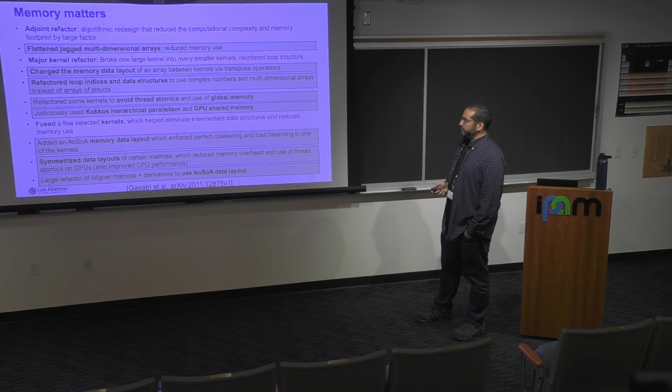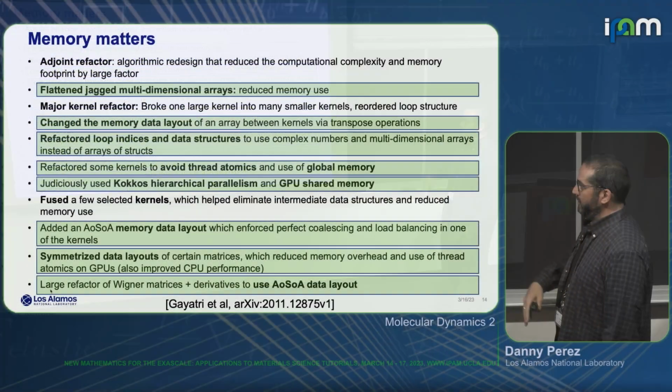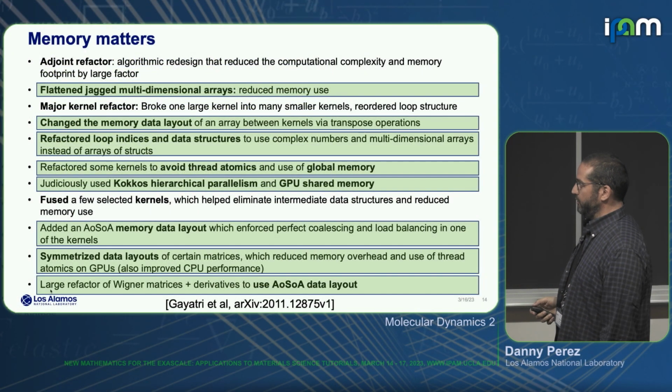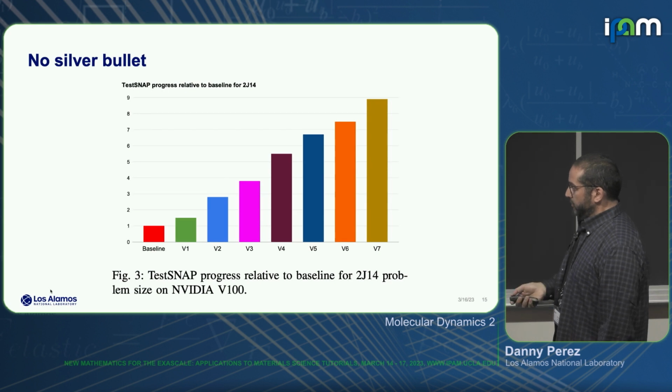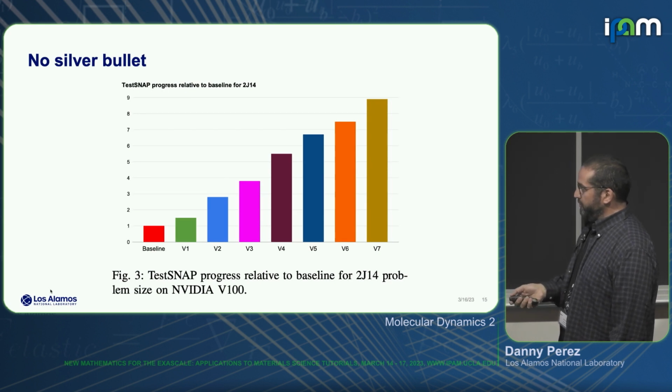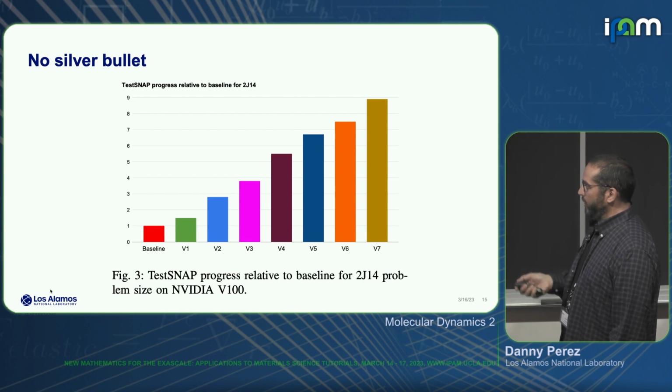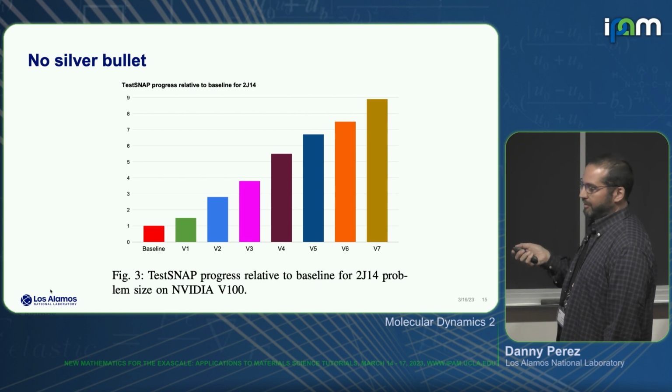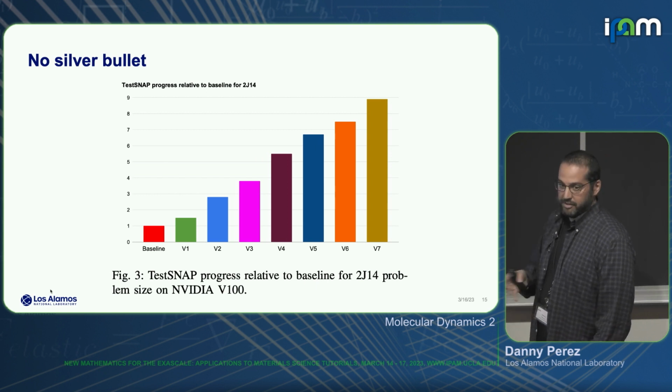Okay. And all of these things that I highlight here are all memory optimization. Right? So how do you store things? How do you flatten arrays? And so on and so forth. And at the end of the day, starting from the first version of the code, you basically see that there's no one optimization that just changed the world. It's an accumulation of tiny, small things over a long, long period of time that just made the code